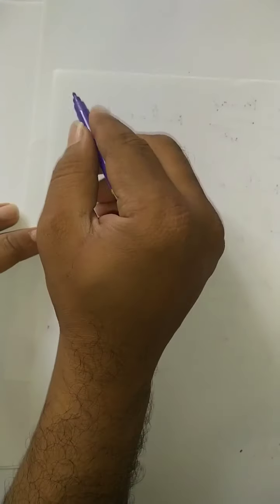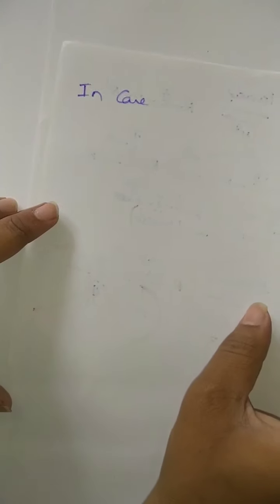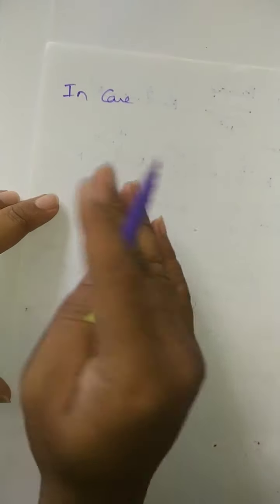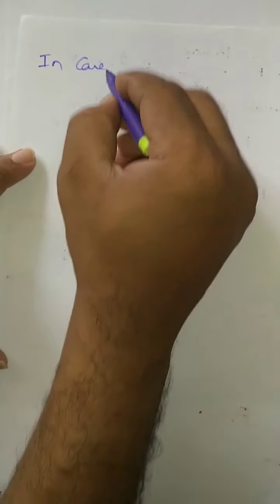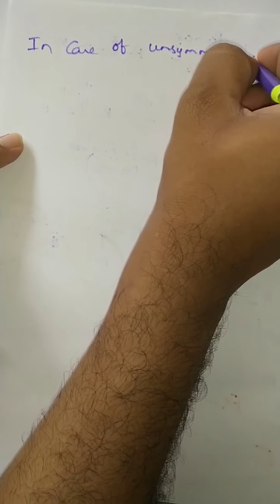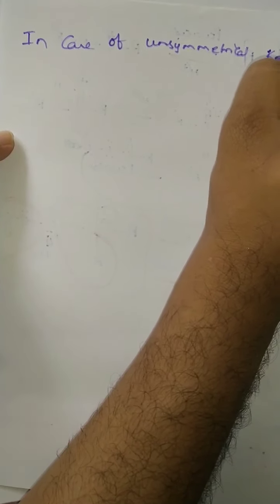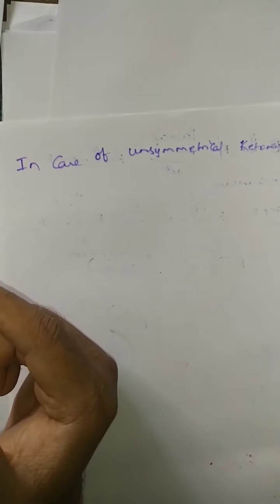So next, students, suppose you may think that, see here, in case of unsymmetrical ketones, we may get the doubt where to insert that additional oxygen, because two groups are there, R and R dash groups are there. Where does the additional oxygen get inserted? So in case of unsymmetrical ketones, here what point you have to remember is,